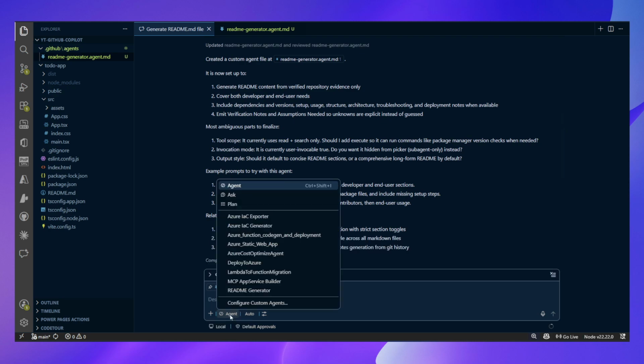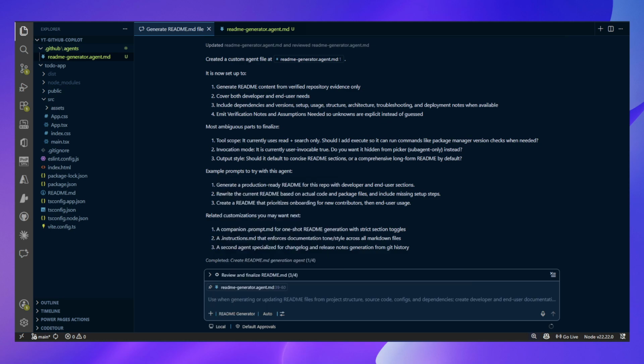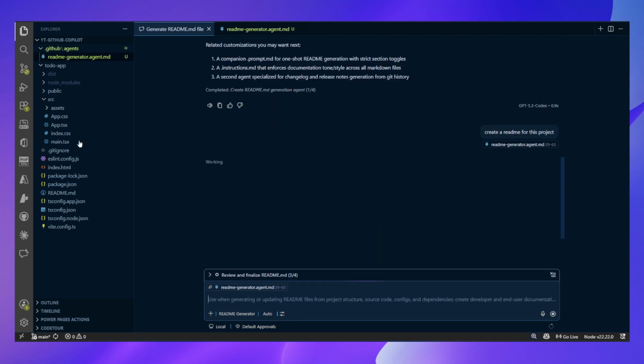If you just click on the agent, now you will see those agents here, readme generator. Okay, when I select that agent, what I'm going to do is just tell the Copilot, create a readme for this project. So now let's take a look at what the default readme file looks like. So this one,